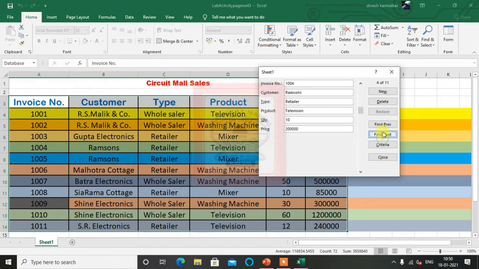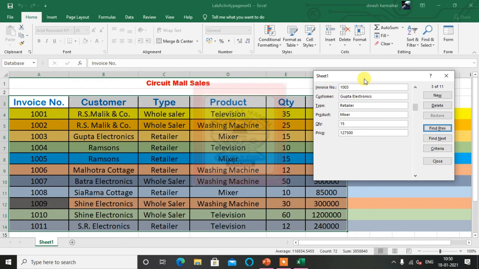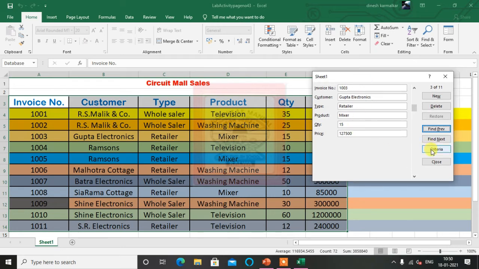So this way we can give different criteria. Now one more interesting thing we can do with criteria: suppose I want the products whose stock is more than 25, so greater than 25.